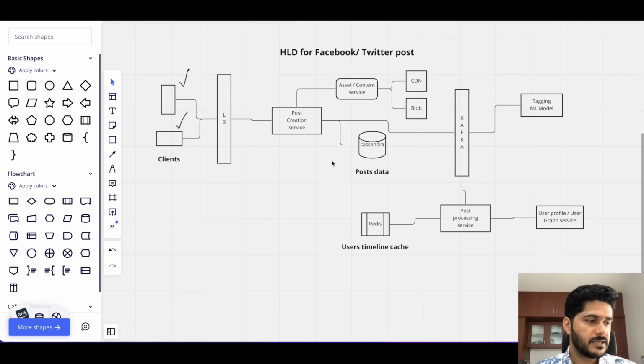So these are obviously the client, and then you will have a load balancer, right? Then you will have something like a post creation service, which is responsible for taking all the requests from your client and then sending them to other internal services. So this is your web front facing service. Then